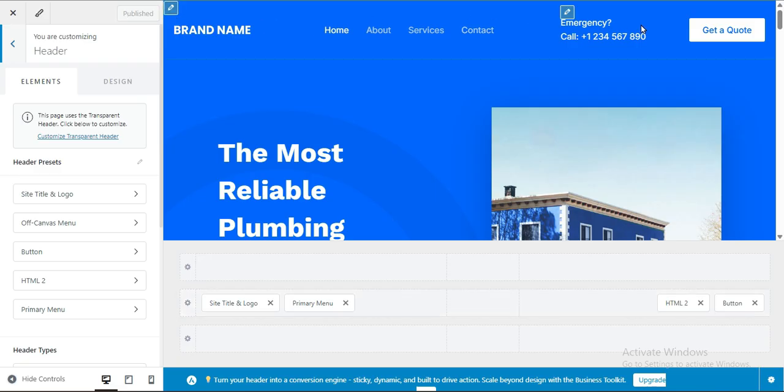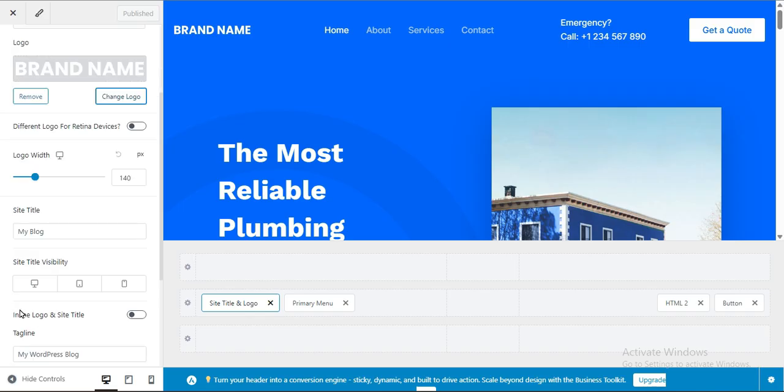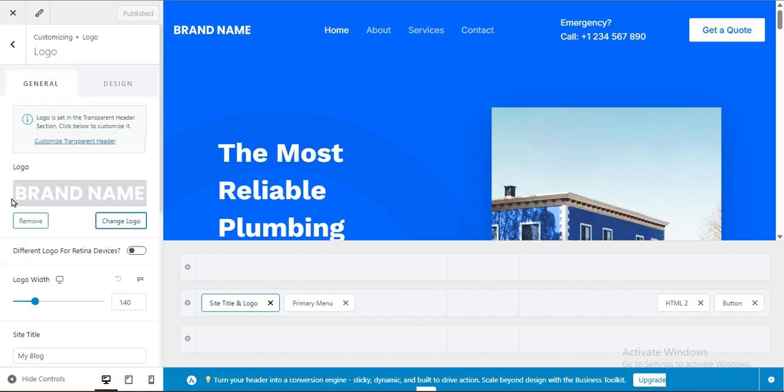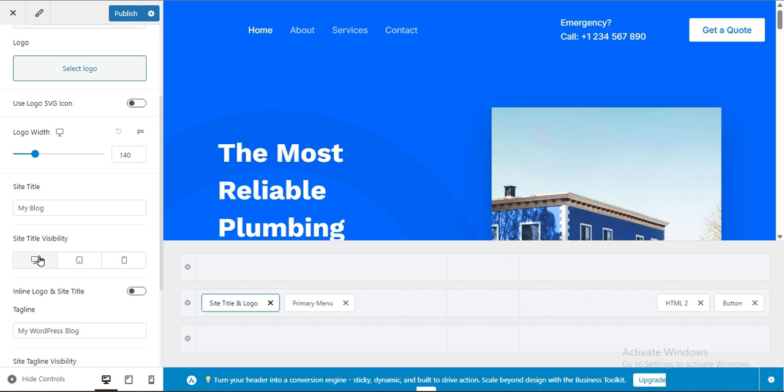For example, if you want to customize this header, you can follow this box at the bottom for the header. Click on site title and logo, the first option, and change your logo. You have an option here to change your logo. If you do not have a logo, you can remove the brand name, and you can enable your site title or site name. You just have to check this option for site visibility